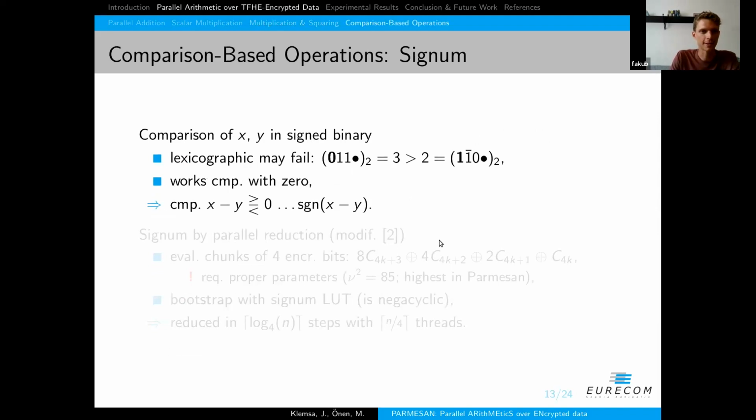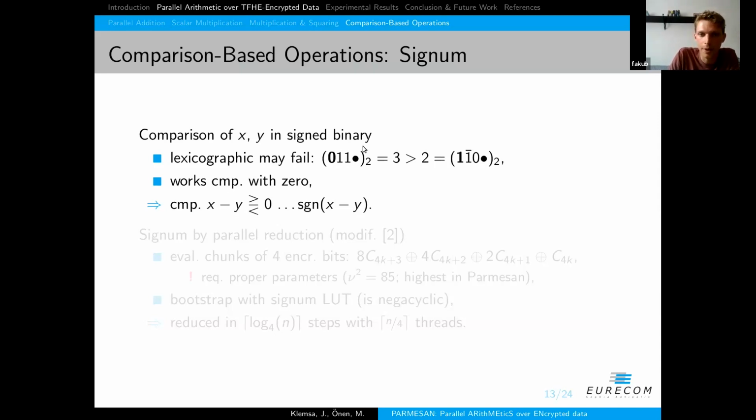Then the last set of operations is our comparison-based operations. The first of them and the fundamental one is the Signum operation. This is used for the comparison of x and y in signed binary. There is a peculiar thing in signed binary, and that's that the lexicographic comparison may fail, because in standard binary we may compare two numbers by the leading digit. We just compare the leading digit, but it doesn't work in this representation, as we can see here in this